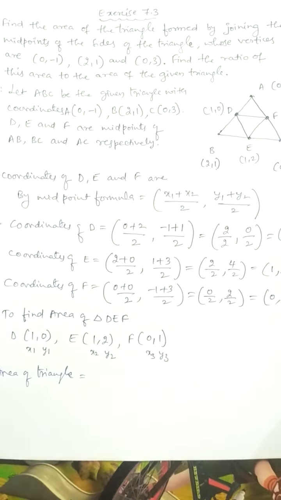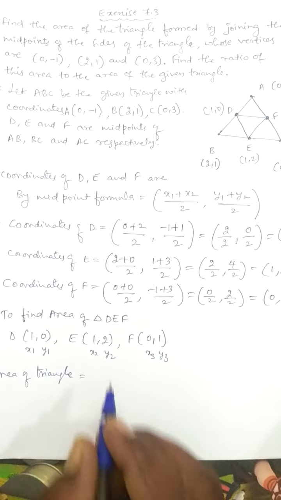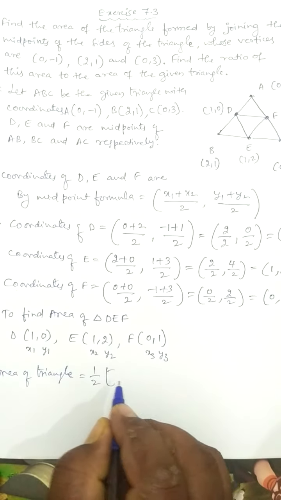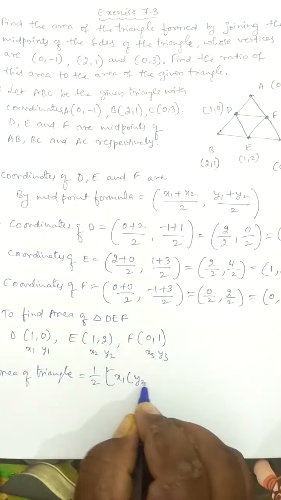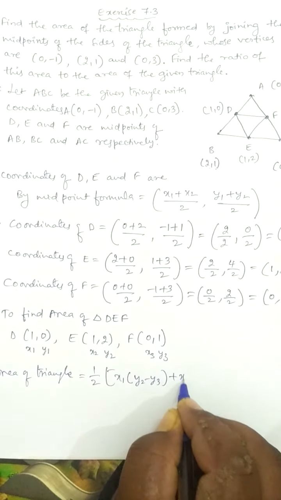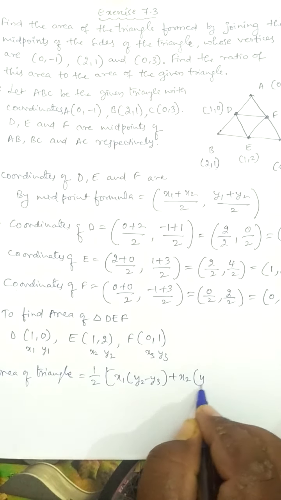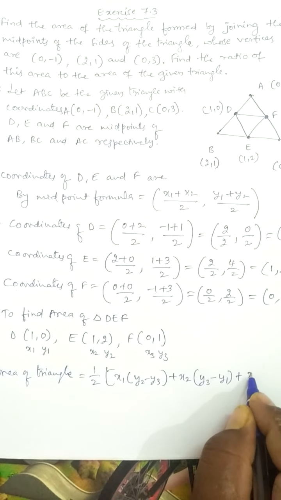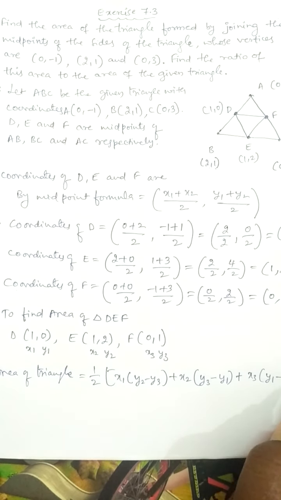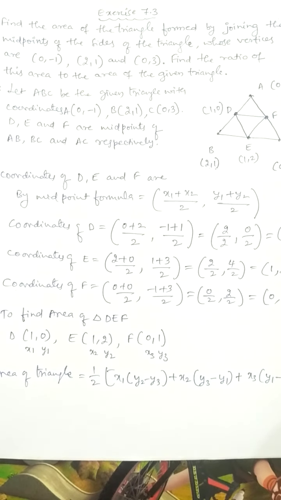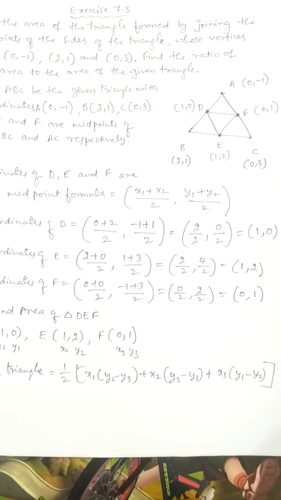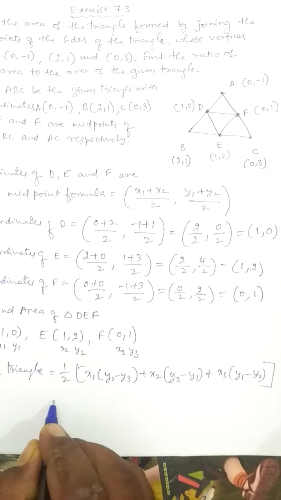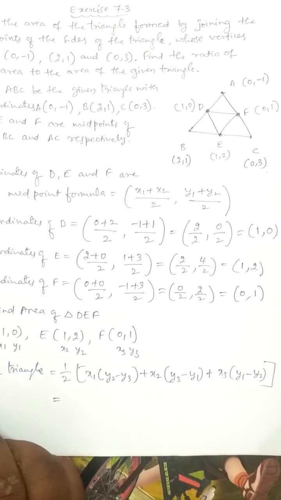What does the area of triangle formula say? Half into x1 into y2 minus y3 plus x2 into y3 minus y1 plus x3 into y1 minus y2. So this is the formula for area of triangle for the given coordinates. Already we derived this formula in the last session itself. So now in this area of triangle,